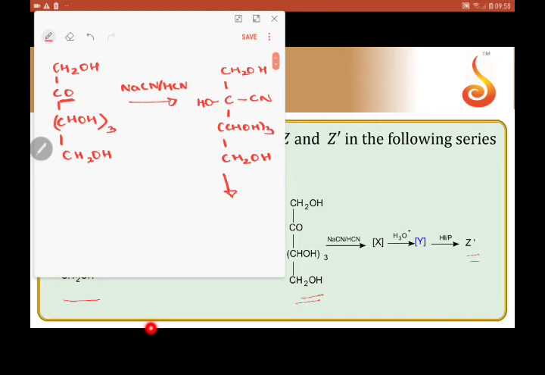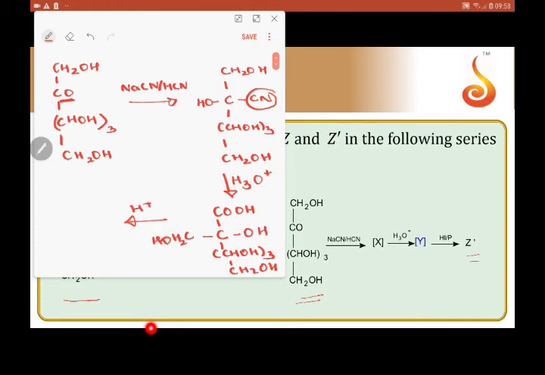Now when we make this compound undergo hydrolysis, once again the cyanide group gets hydrolyzed to a carboxylic group. So that carboxylic group I am writing here: C attached to OH and CH2OH, CHOH thrice, and then CH2OH. The last step is reduction, HI and red phosphorus. Just like in the last condition, here also all the aldehyde, ketonic or alcoholic groups get reduced to alkane. So the carboxylic group remains intact.